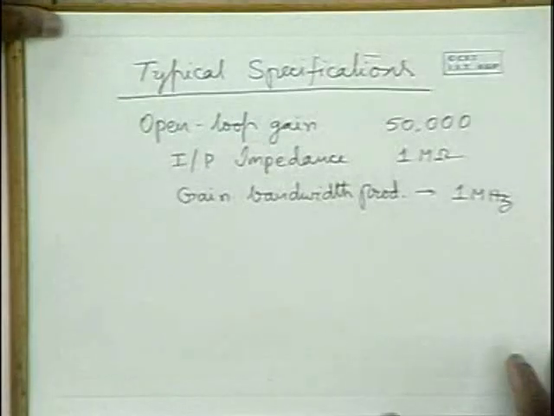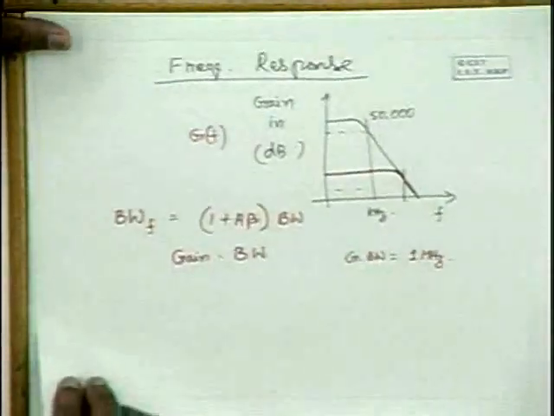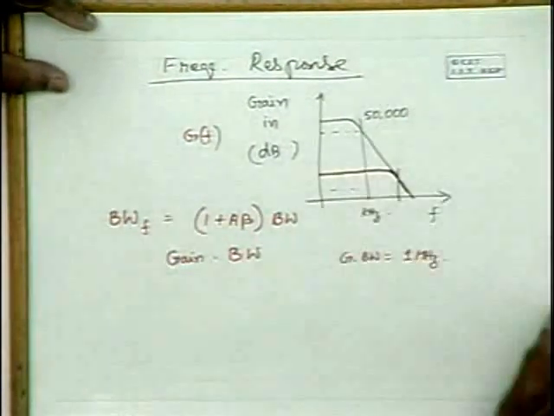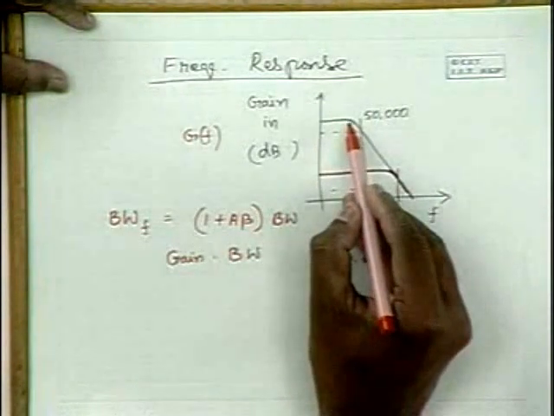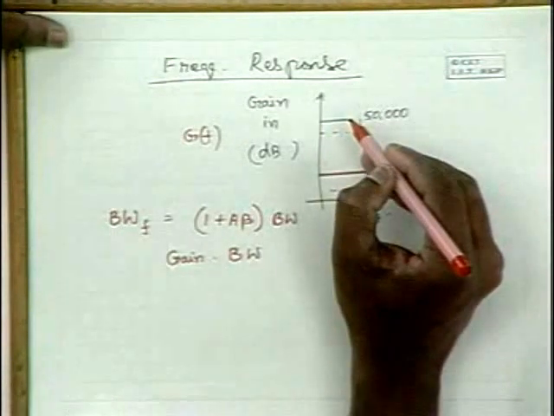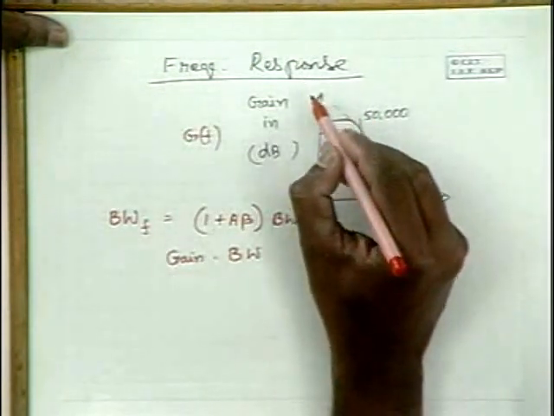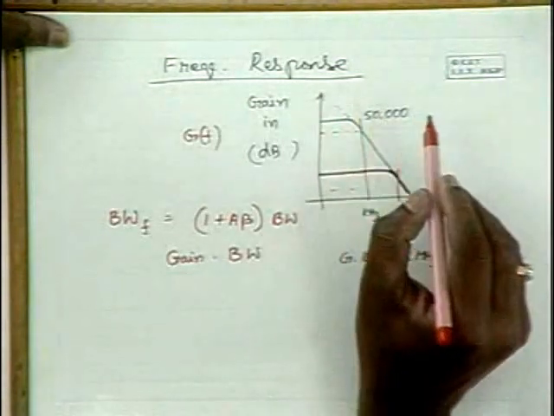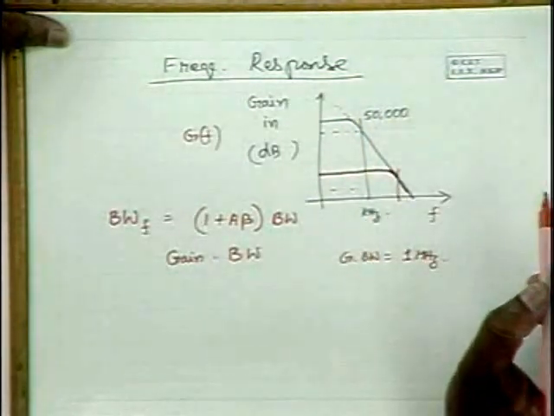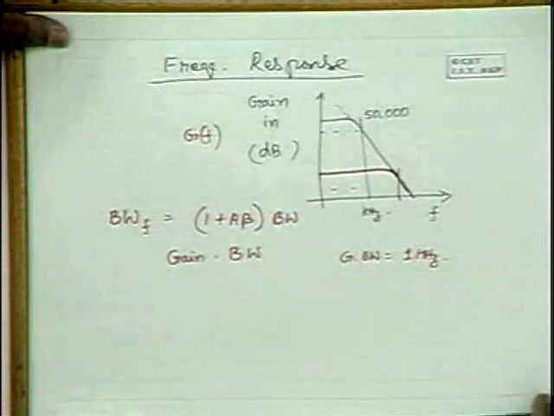Why is it so? From the principles of feedback amplifiers, it is obvious. The gain bandwidth product holds for the slant region. The question is whether it is fixed; it is valid only for the slant region. Please note that this doesn't mean that for 0 frequency you get infinite gain. So this curve will go up like this. The gain bandwidth product being constant is applicable only beyond certain frequencies. It's not applicable for low frequencies.